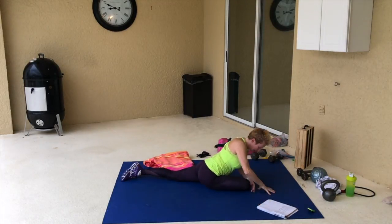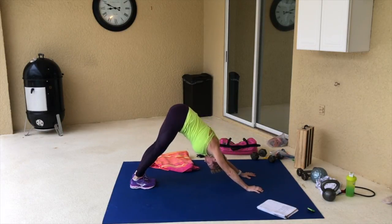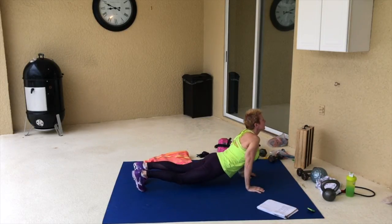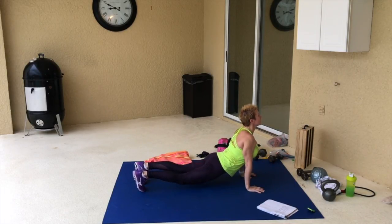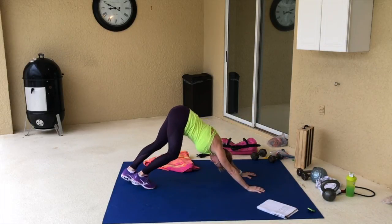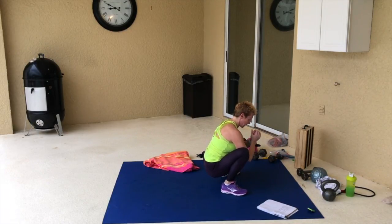Release it, bring the hand up, pull back into a downward facing dog, press the heels back, deep breath, inhale, plank forward, chaturanga, upward facing dog, back into a plank, down, upward facing dog, push back into a downward facing dog. Hold it here. You're gonna bend the legs, hop the feet to the hands, hold it here for a